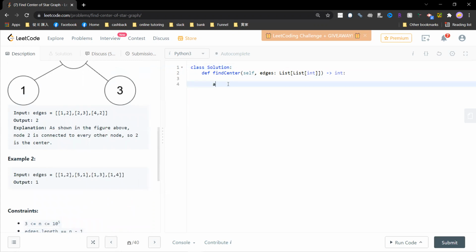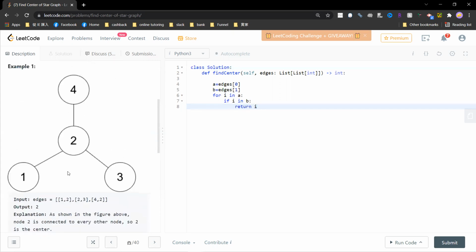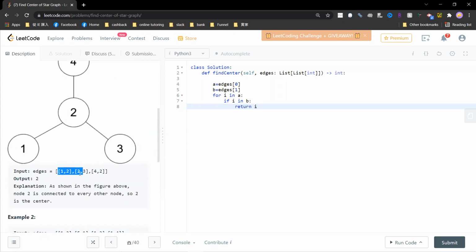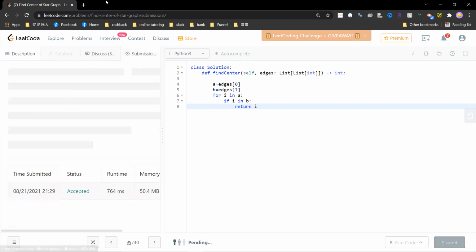So my idea is to take A to be edge 0, and B to be edge 1. Then for each node in A, check whether it is in B, and when it matches, you just return it. Right, so just use these 2 edges and you check. This is very trivial, right? You can definitely solve this